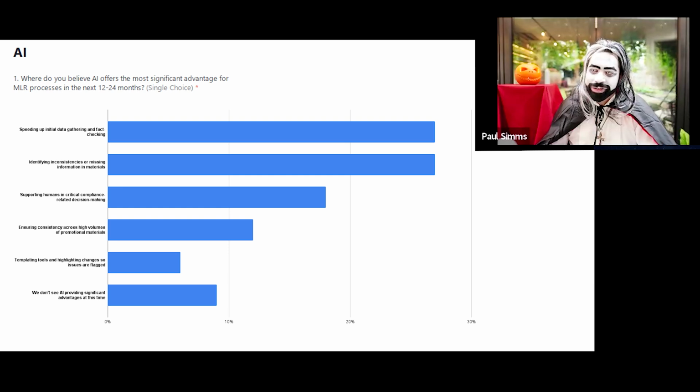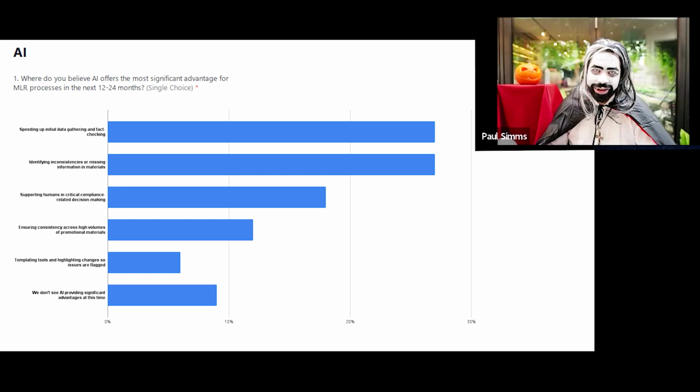Okay. We are fast running out of time, and I want to share the results of this question already because I think the results are quite quick. We've just got really time for the panel to do a sentence each on this topic, but I really do want to hear that sentence. So guys, you can hopefully see the results appearing on your screen as well. Feel free to comment on them or not. You can see we've got quite a wide spread of answers on the first question of where we believe AI offers the most advantage.